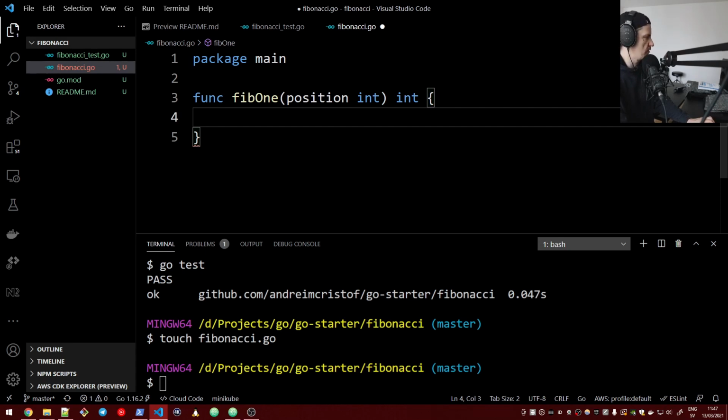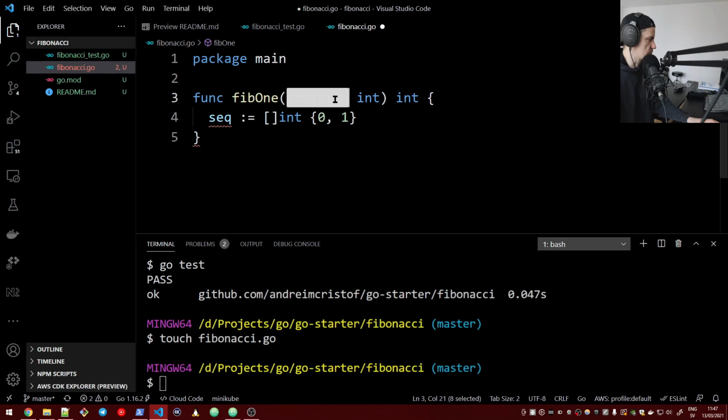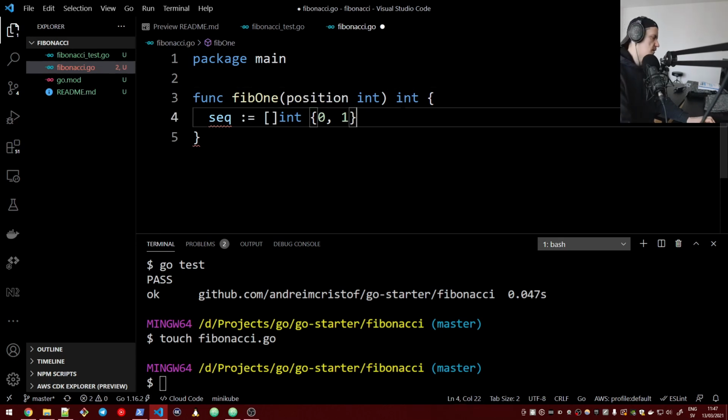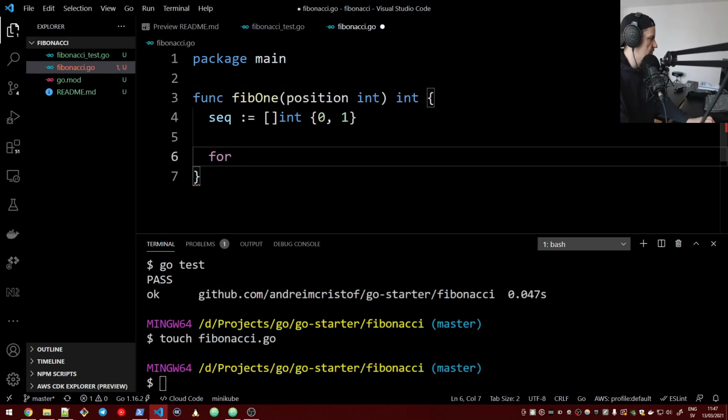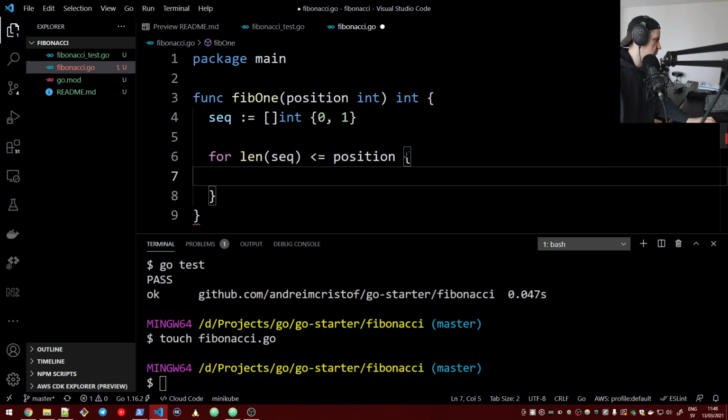That means we start this sequence of numbers, which is a slice of integers, which starts with 0 and 1. The Fibonacci numbers always start with 0 and 1. And what happens is that we need to write some code now that always adds to this sequence as long as the length of the sequence is not greater than our position. So we need to say for length of sequence is less than or equal to our position, keep adding to the sequence,